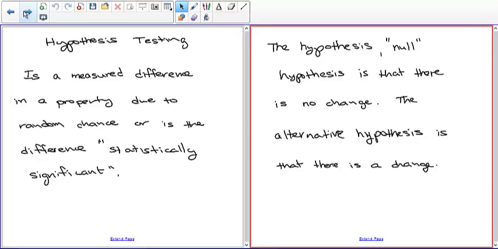You never say, I'm going to hypothesize that I'm going to increase the thing by 10%. What you say is, I'm going to hypothesize that there's no change, and then I'm going to prove that I was wrong, that there is a change. So the alternative hypothesis is there is a change,